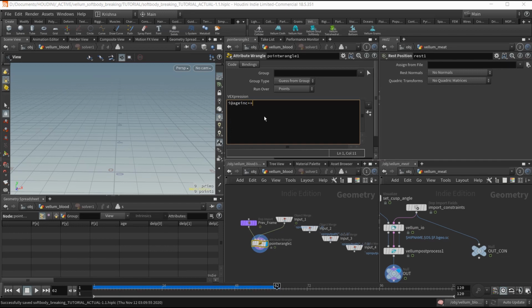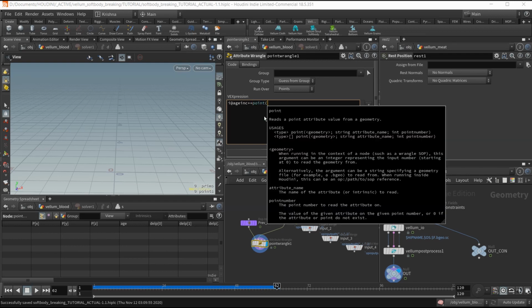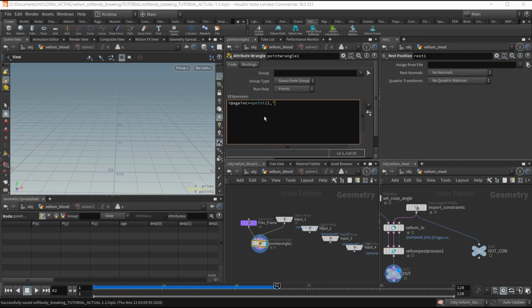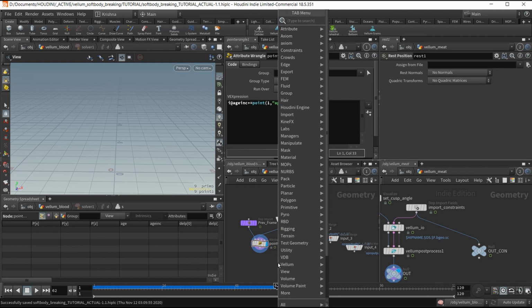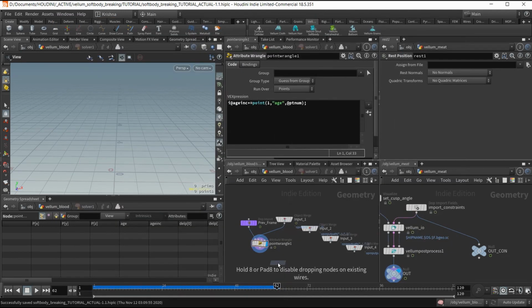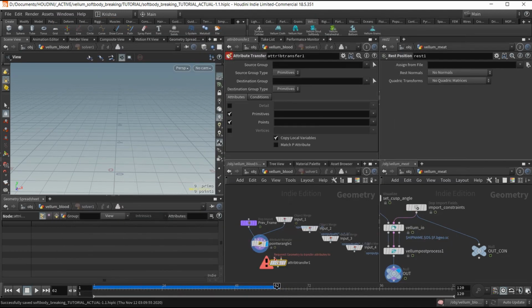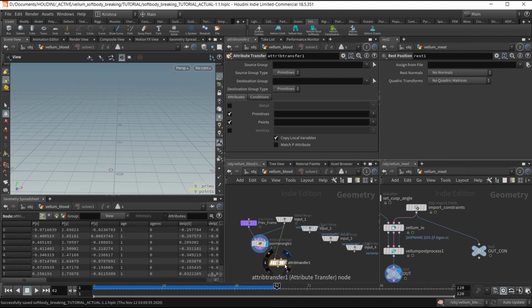plus equals 0.1, comma, age within brackets at pt num. There, close brackets. And then I will do an attribute transfer to the input one from the previous frame. So I want to transfer